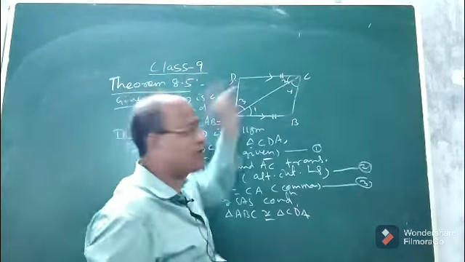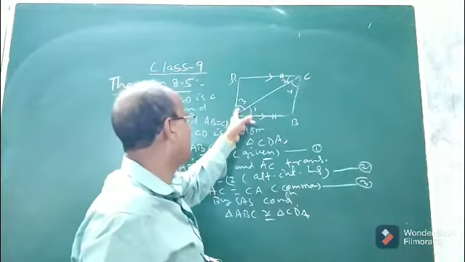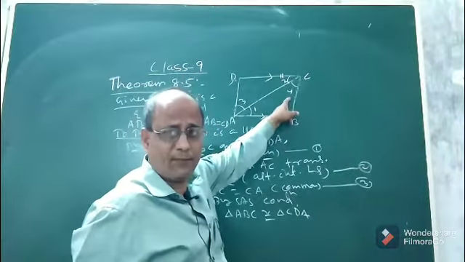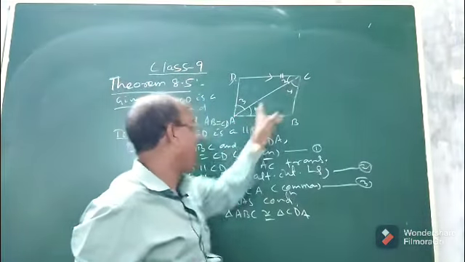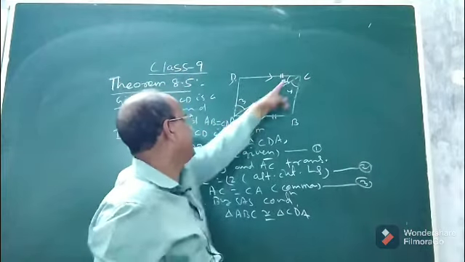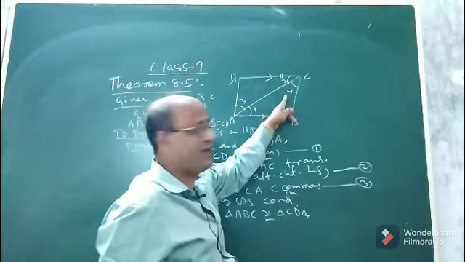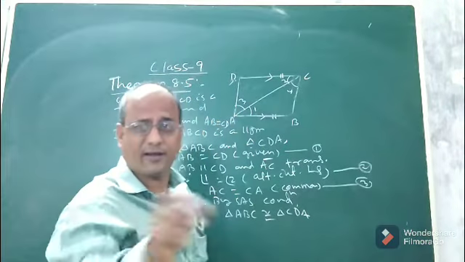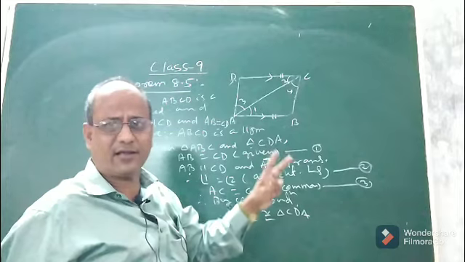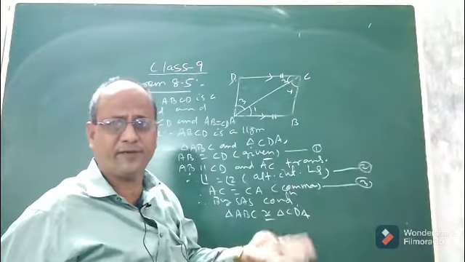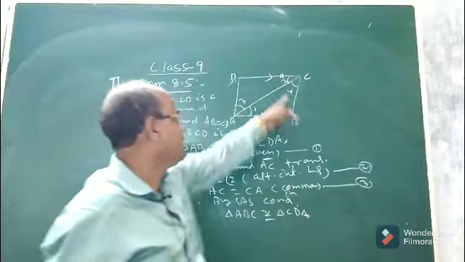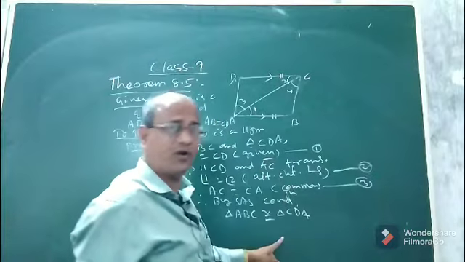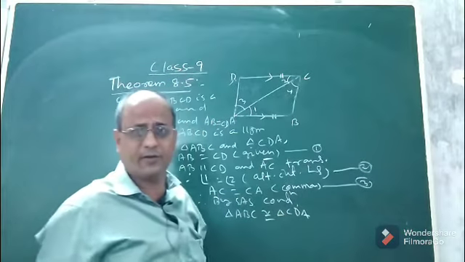Now if these two triangles are congruent, no doubt angle 4 will be equal to angle 3. Why? Because look, angle 4 is in triangle ABC, and angle 3 is in triangle CDA. Clearly 3 and 4 are corresponding angles. As you know, if two triangles are congruent, their corresponding parts, meaning corresponding angles and corresponding sides, are equal. As 4 and 3 form a pair of corresponding angles, and the two triangles are already proved congruent, no doubt angle 4 will be equal to angle 3.